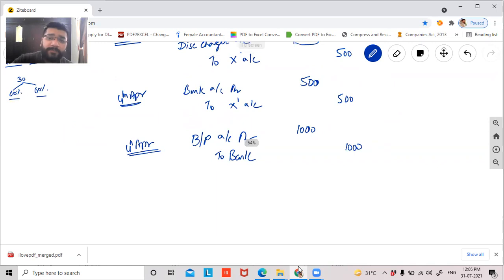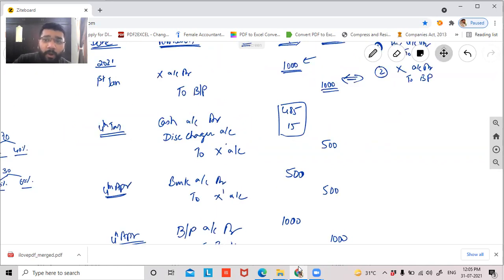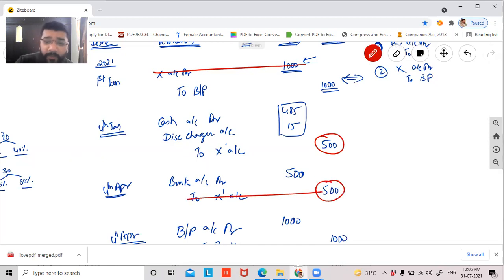Let's see if all the accounts have been closed. If I talk about X, guys, X is 1,000 debit, which means I should have 1,000 rupees in credit. So I have 500 here in credit, 500 here in credit, which means X account is closed. Now let's see if the bills payable account is closed. Bills payable, we have 1,000 rupees here in credit. And at the due date, when we settle the bill, bills payable debit. So the X account and the bills payable account both are closed, nullified, cancelled. Which means that we have done all the journal entries perfectly. Tell me, guys, any difficulties?